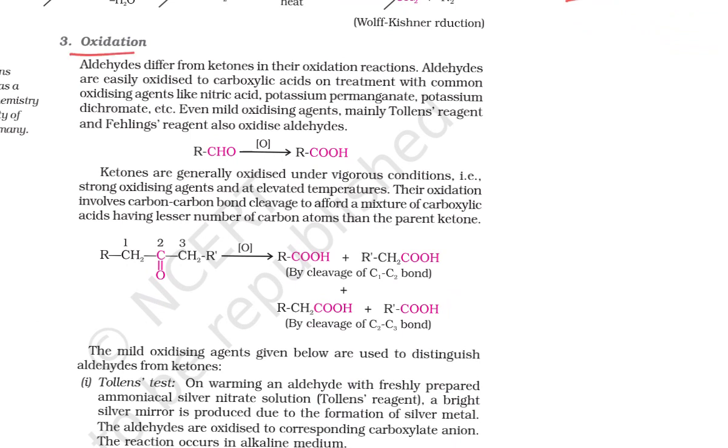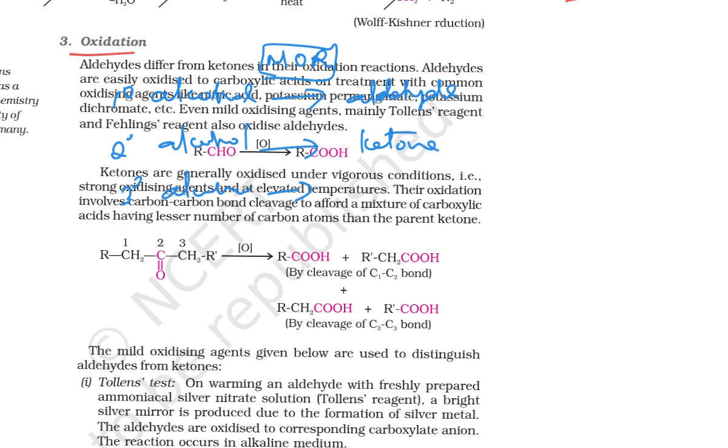I will explain this oxidation reaction in a bit more detail. Look here. If I take the primary alcohol, secondary alcohol, then tertiary alcohol, and I use a mild oxidizing agent, the primary alcohol becomes an aldehyde and the secondary alcohol becomes a ketone. The tertiary alcohol will not undergo the reaction in the presence of a mild oxidizing agent. But in case I use a strong oxidizing agent,